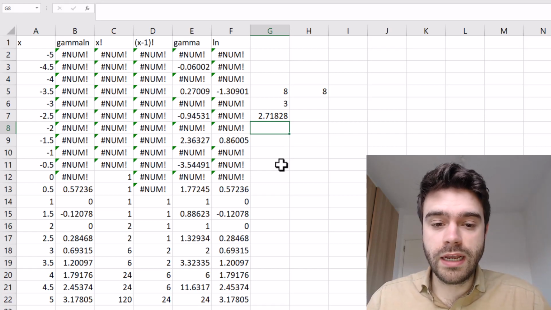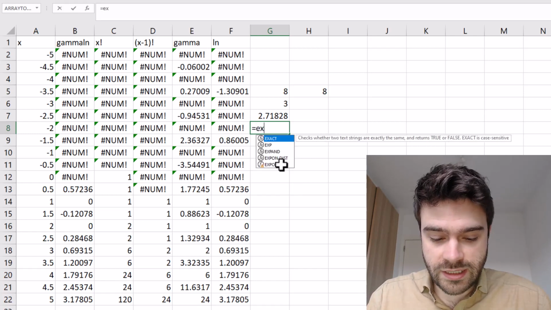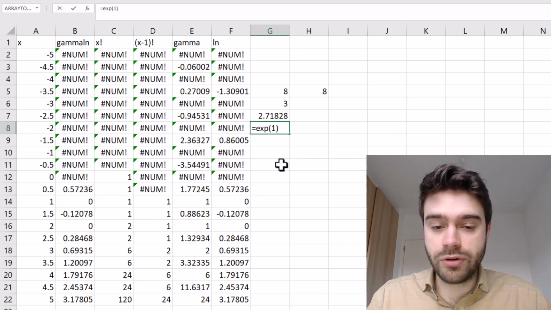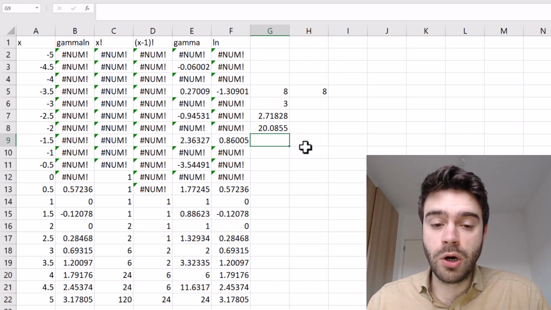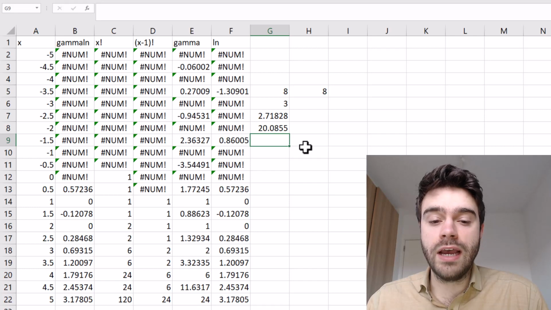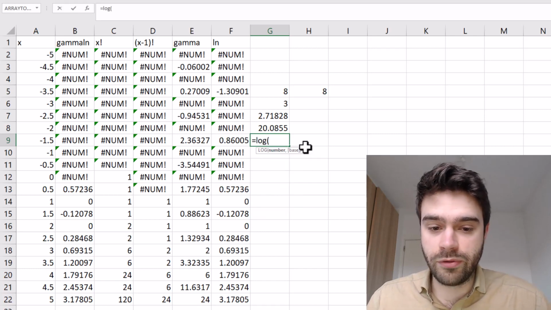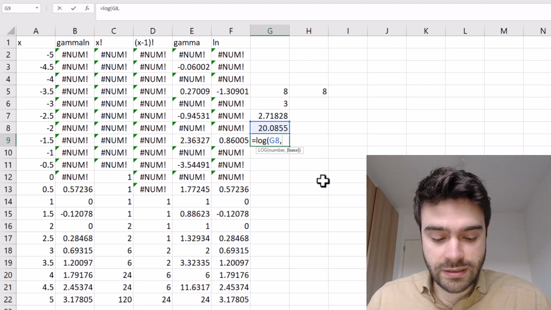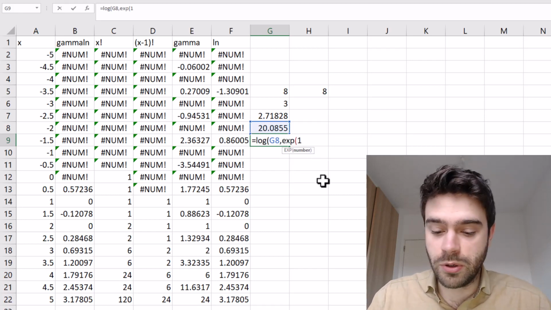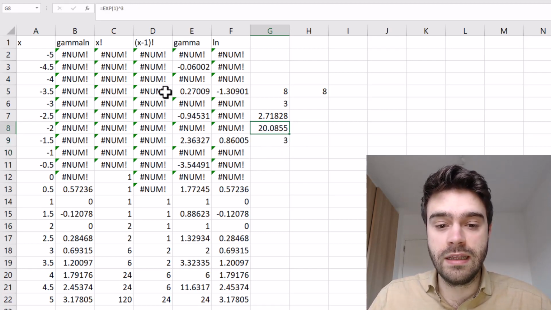Now what we could do is take Euler's number and bring this to a certain power. So let's write exp(1) to get Euler's number and then bring this to the power of 3. Now what we would like to find is the exponent on e needed to end up at 20.0855. So how we do this is we take a log, just like before. The number is 20.0855. And the base, well, that's Euler's number, so exp(1). We press enter, and as you can see, we end up with 3, which was indeed the power to which